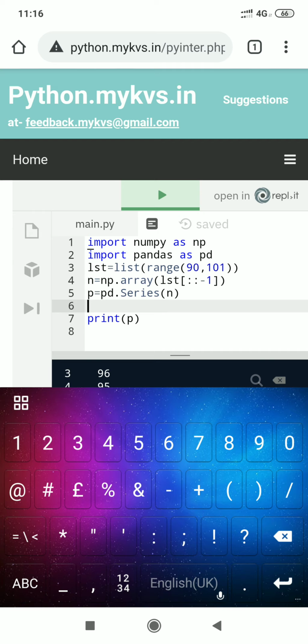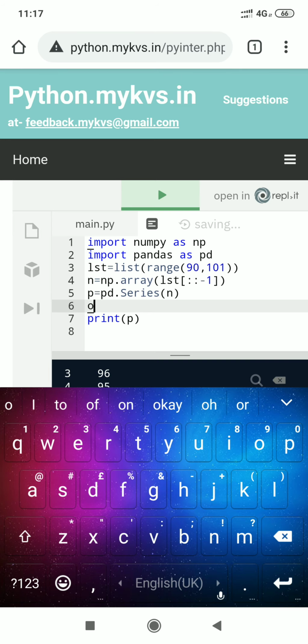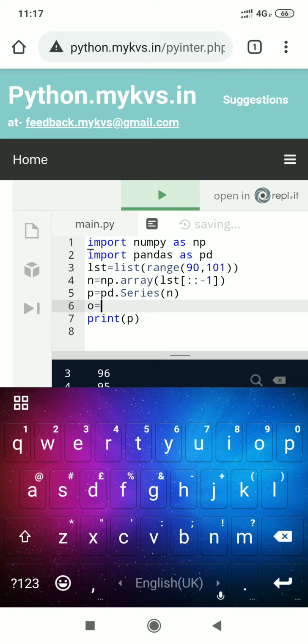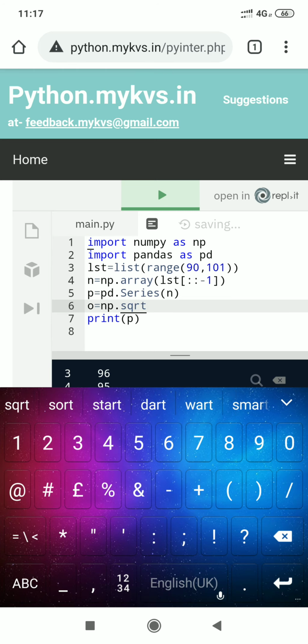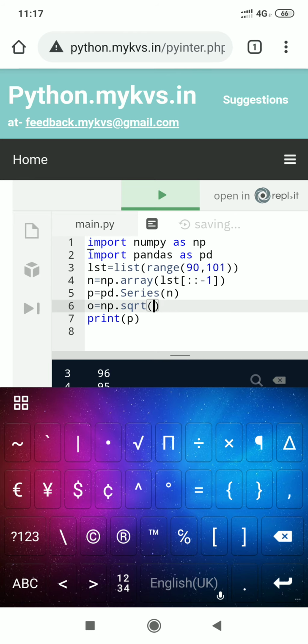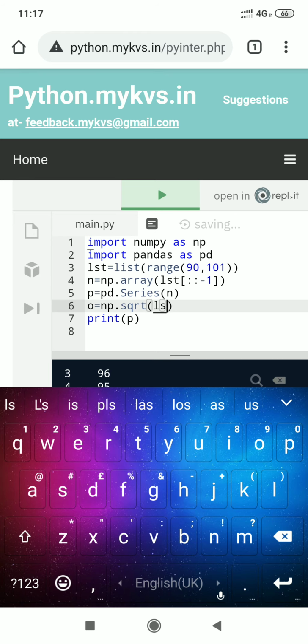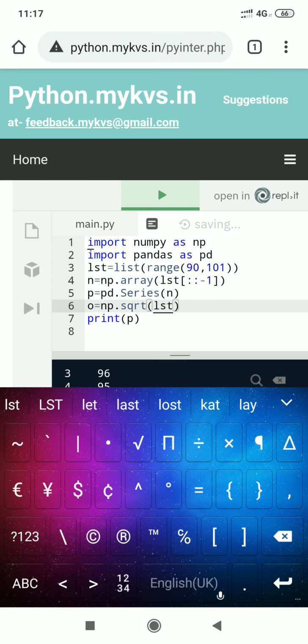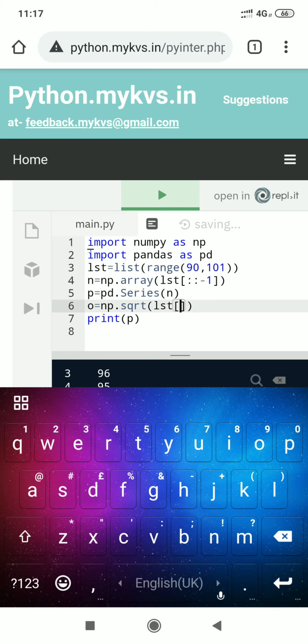So we create one more NumPy array with the help of the np object, then use the sqrt method for the square root of list elements, square root of list elements in reverse order.